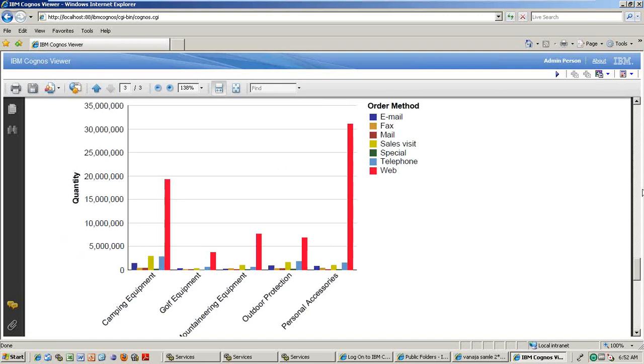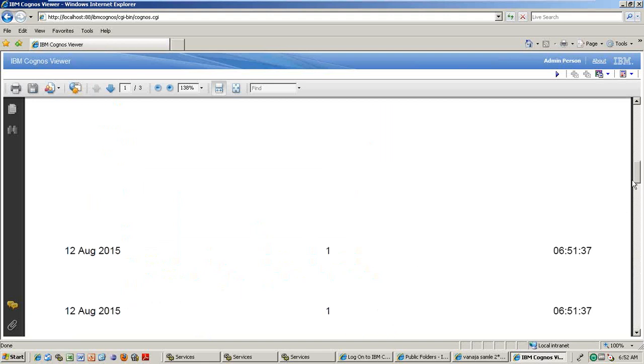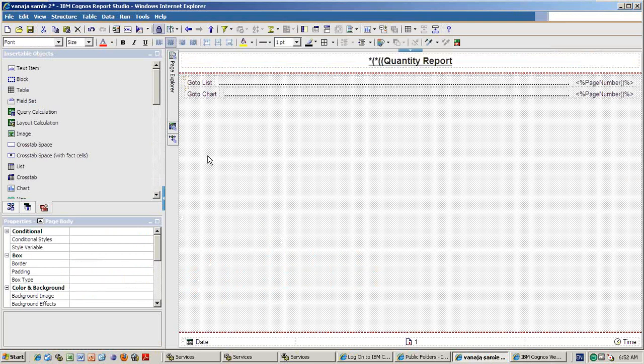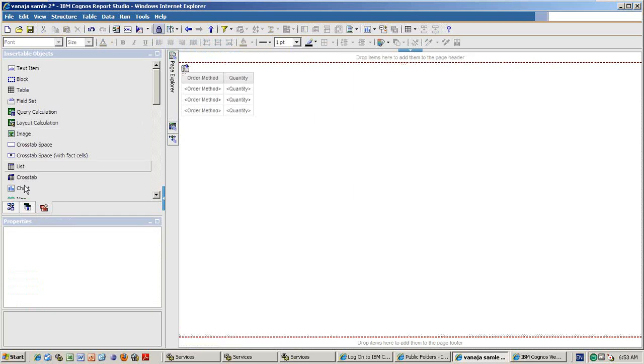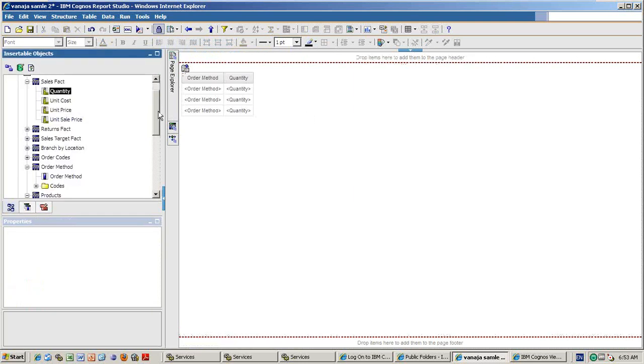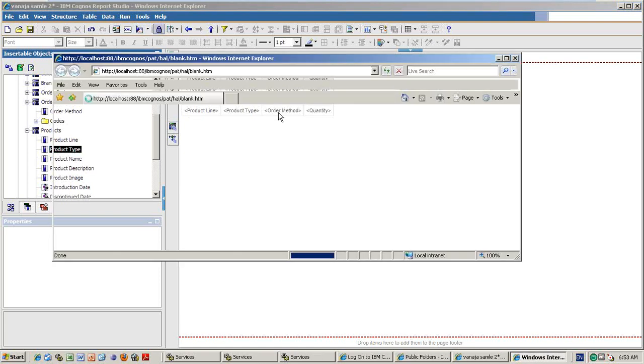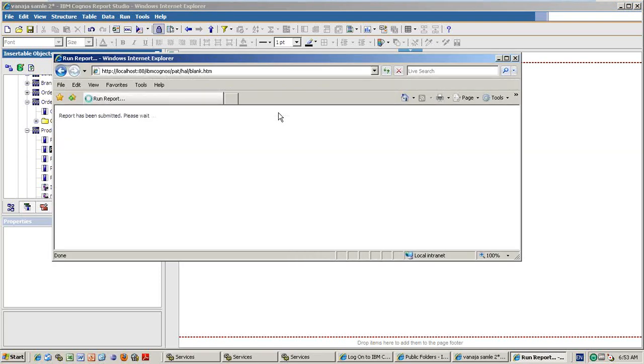For example, here one by one is there. So for the second page, it is only one page, the order method is there. So let me go ahead and create n number of columns in the second page. Say product line and product type also I will drag. Then automatically the columns increase, right? The row size increases. Now run the report. So that means maybe the list will go to 3 or 4 pages. Am I right? Even though if I click the chart, it will go automatically to that place only.